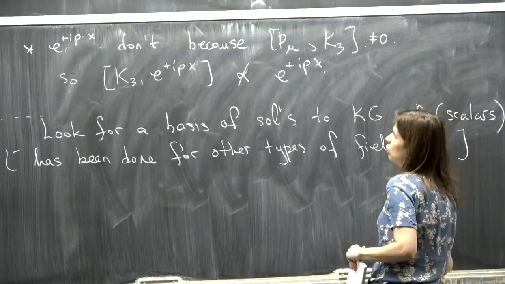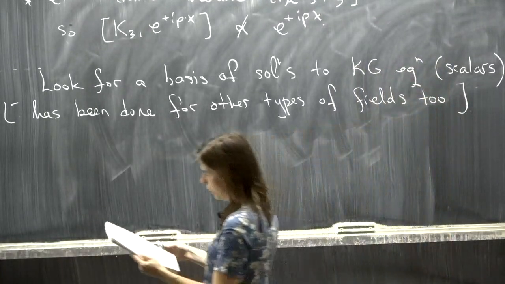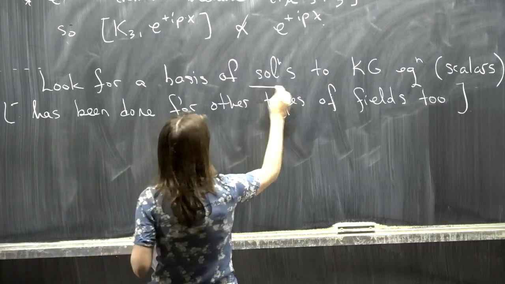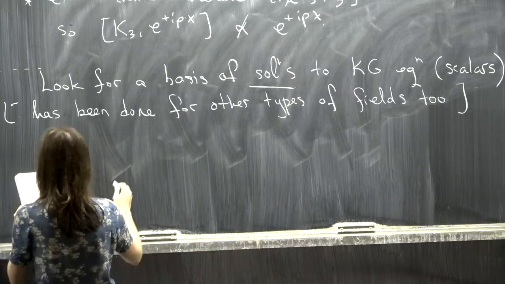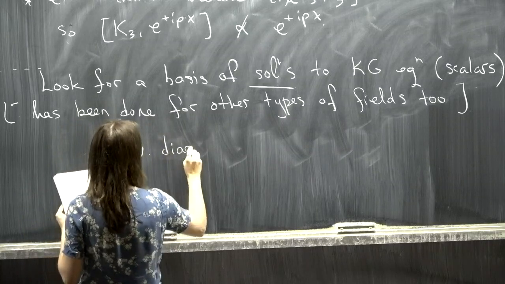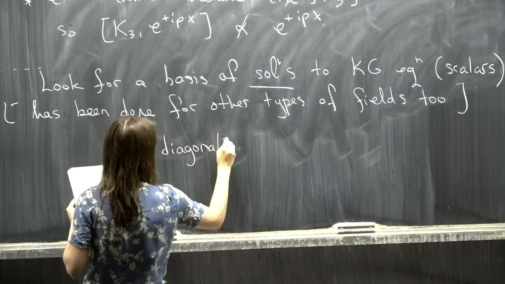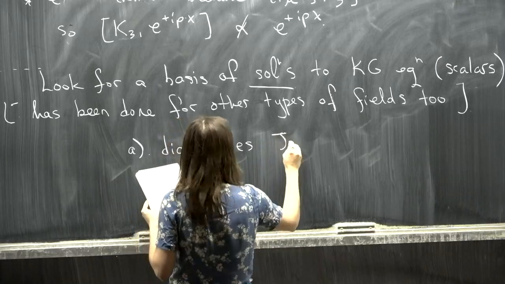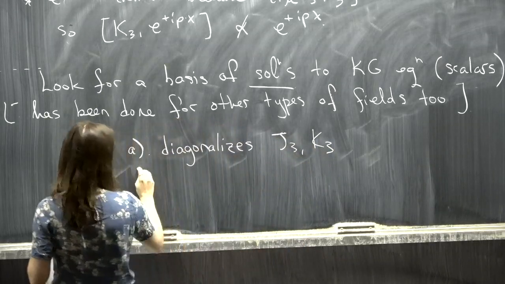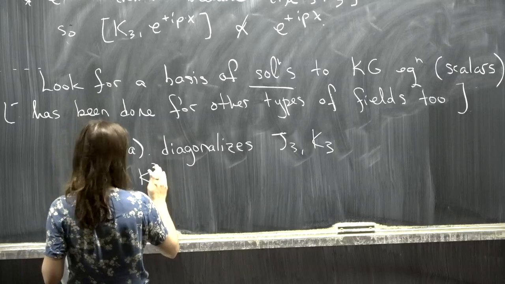But since it's simplest to talk about scalars, I'm just going to talk about those. So we want to look for solutions to the equations of motion, whatever those are, that have the following properties: they diagonalize J3 and K3. So basically, this means that K3